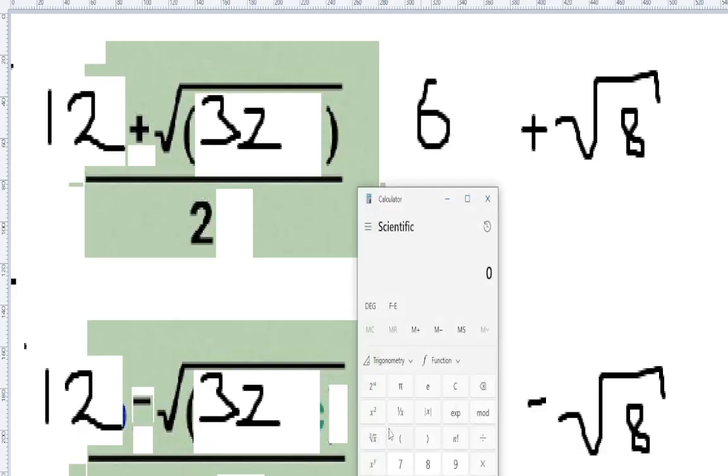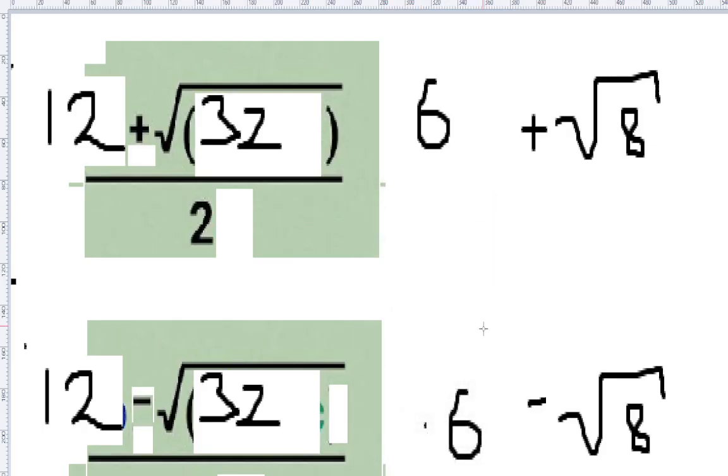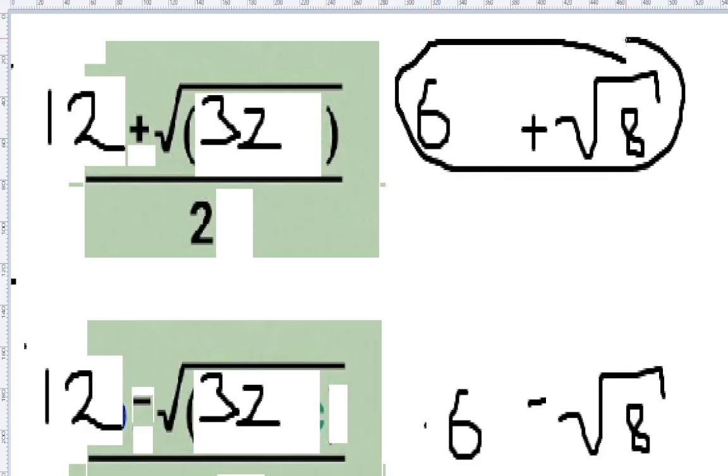when I did the long form calculation. And if anything, is easier to calculate with the calculator. There's my 8.82. There's my 3.17. So I got the same answers. That's how I know I got it right. But this is clearly a lot simpler